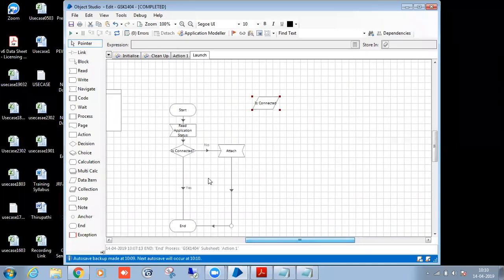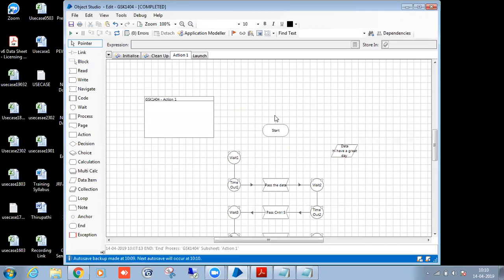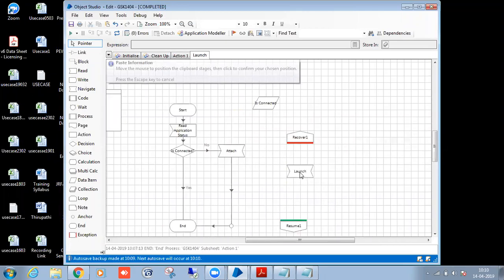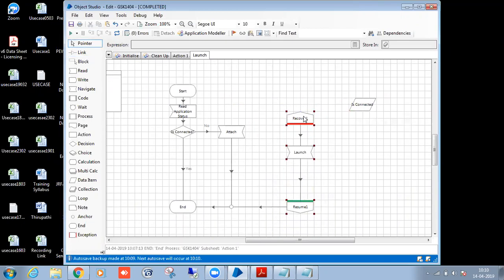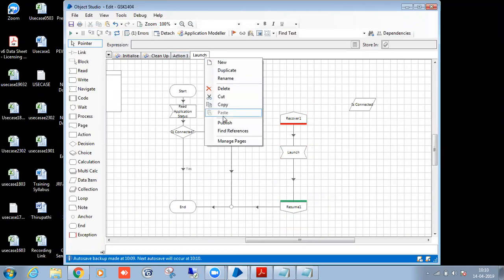If both are not happening, we're going to get an exception. The exception will be caught by the recovery, and in between the recovery and resume, I will launch my application. I click on it, publish it.